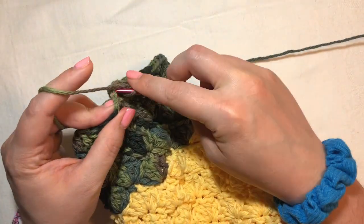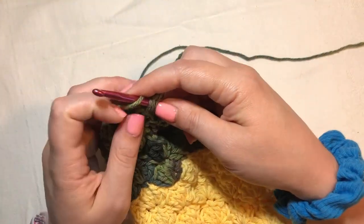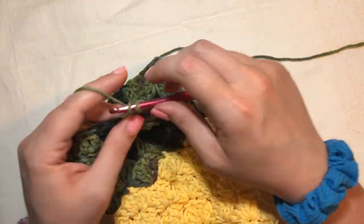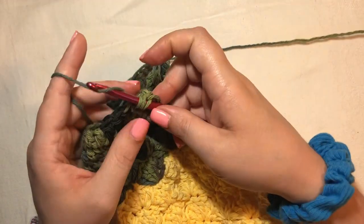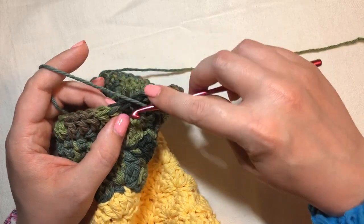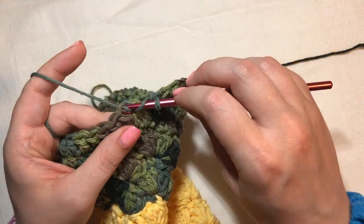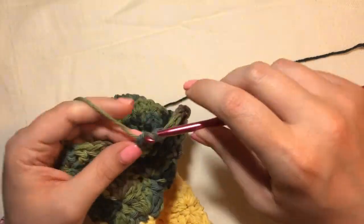1, 2, 3, 4. And this is going to be just like it was when we started it. So we're going to skip 2, and that third one we'll do a single crochet and skip 2 more, do another shell with the 5 double crochets,